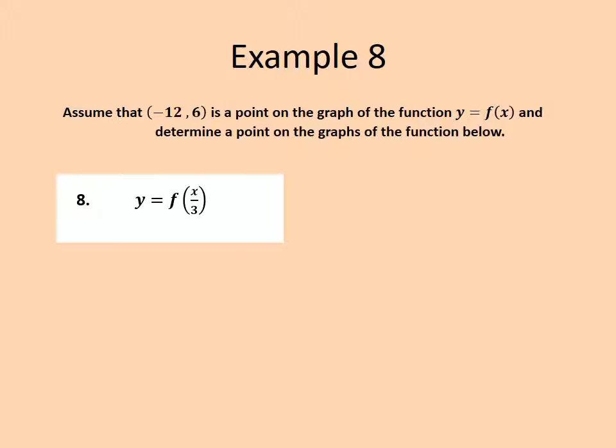We're going to do this same idea, but we're going to do it with just a single point as opposed to an entire graph. So our given point is -12, 6, and it's on the original function f of x. And we're going to transform that point by taking f of x divided by 3. Now because it's divided by 3 on the inside, that means that it is dilated by a factor of 3,